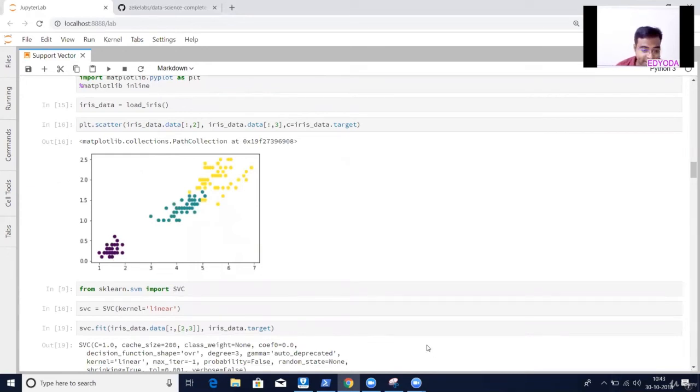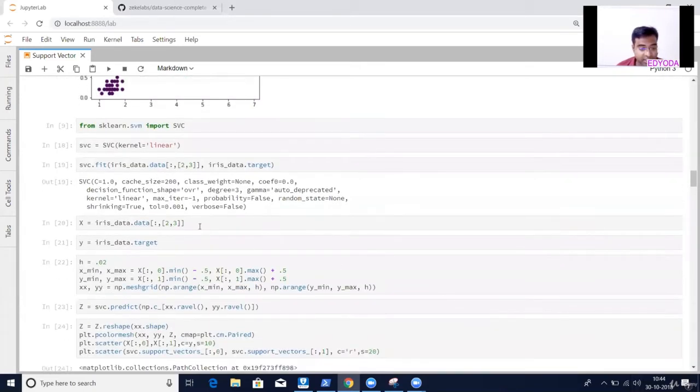So let's say we have data like this. We are plotting the last two columns of iris data, and we can see the distribution. What we want to do now is find a support vector classifier which would break this data into 3 classes, and we want to see the linear separator over here. So SVC is equal to SVC with kernel linear, telling it that you want it to derive a linear kernel first, and once the model is trained, you use SVC dot fit. Since it's a classification, passing the training data